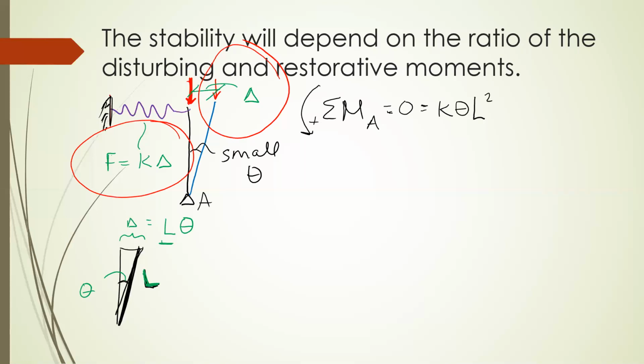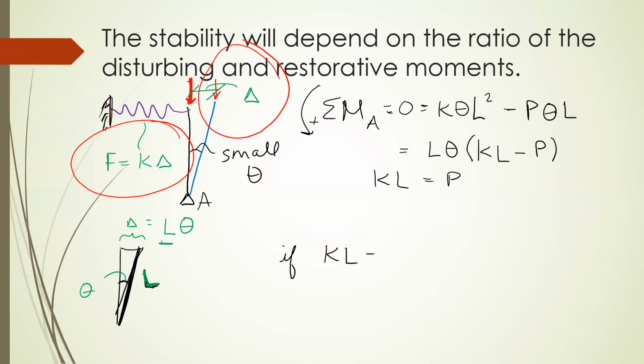Now our disturbing moment is going to be a negative moment, and it is whatever our load is, so we'll call that P, multiplied by that same delta, which is theta L. And that gives us our moment. So another way we can write this is pull out the L theta from both terms. And then we're left with KL minus P. Therefore, KL equals P. So if KL equals P,